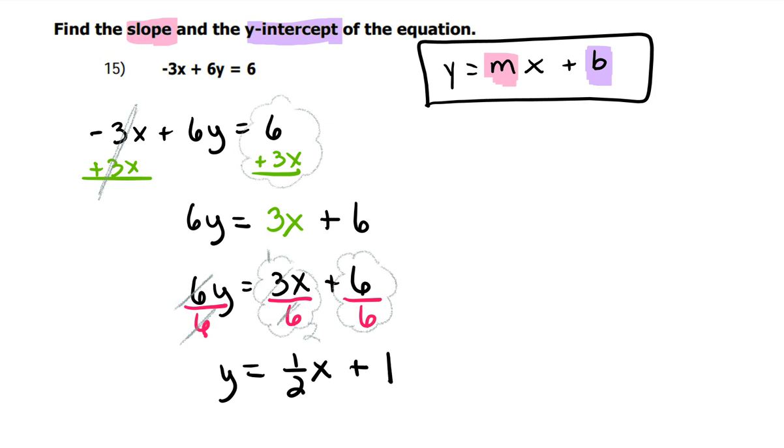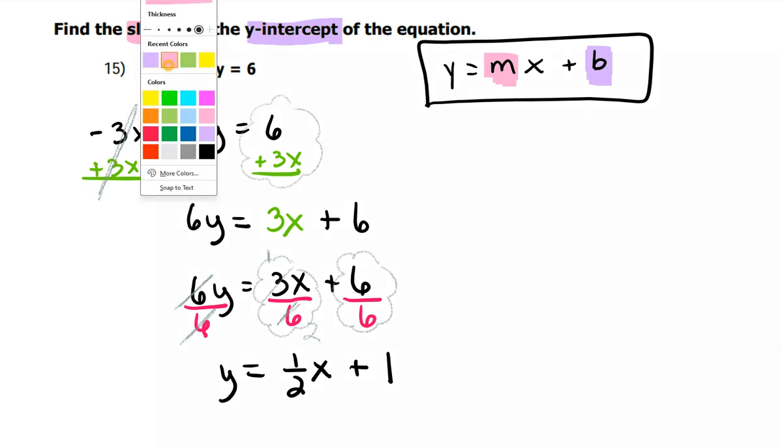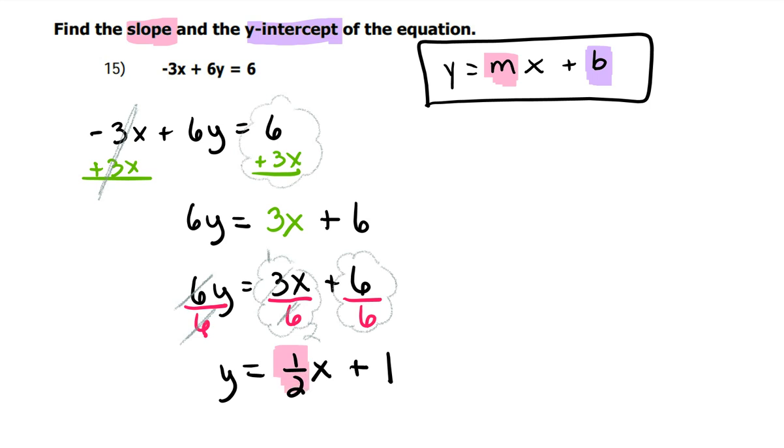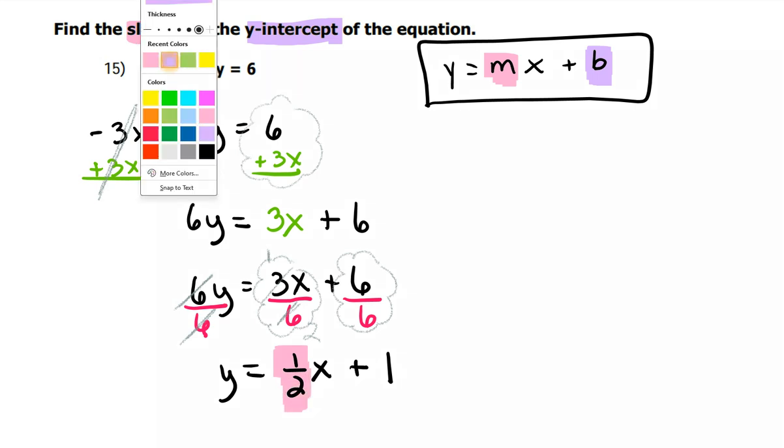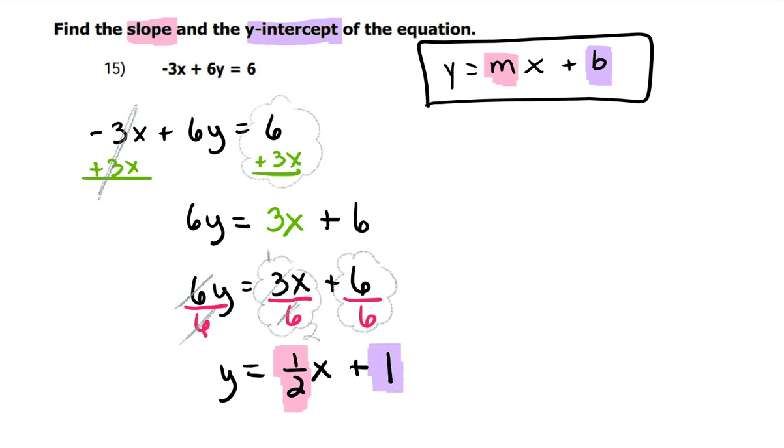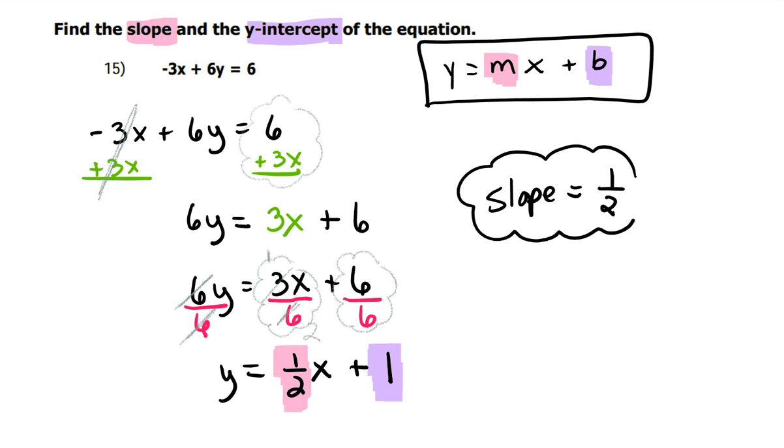And now I can see that, going back to my highlighters, pink, the 1/2 is my slope, and the positive 1 is my y-intercept. So I would say that the slope is equal to 1 over 2. Remember, slope is a fraction. And then the y-intercept